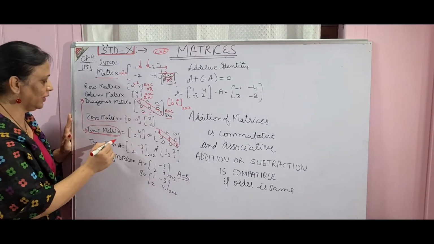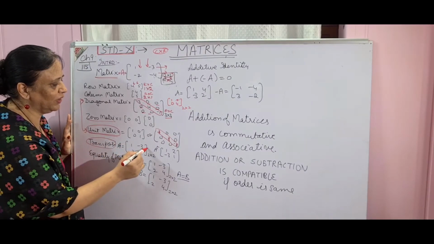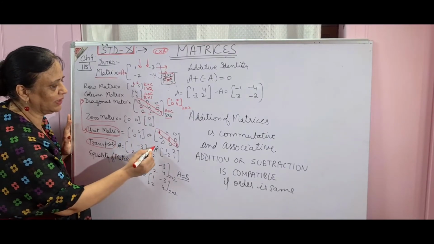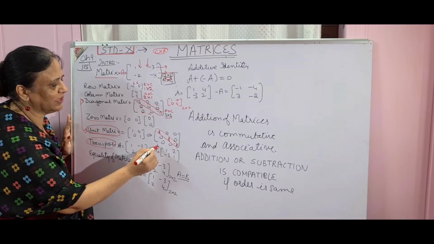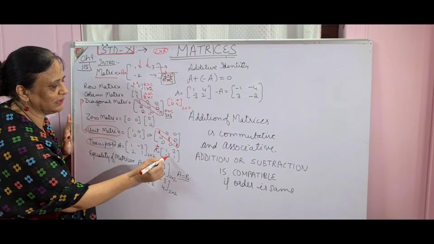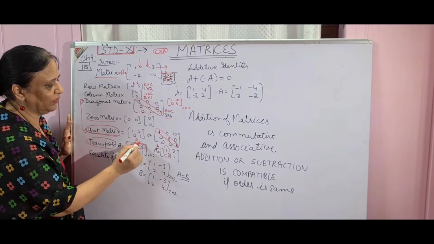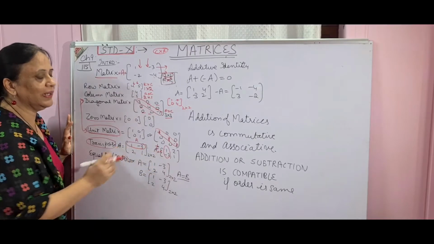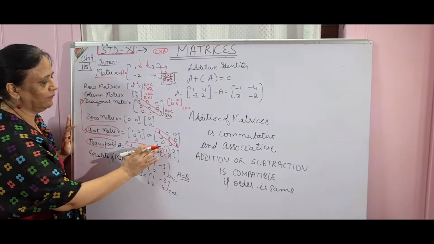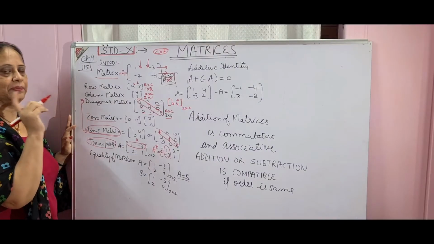See, transpose of the matrix means, if I have been given a matrix A, suppose row 1 is 1, minus 3 and row 2 is 2, 1. If I interchange the rows and columns, in the second I have written AT. AT means A transpose. 1, minus 3, which was a row in the first, will become a column, 1 and minus 3. So when I change the rows into columns, interchanging of rows and columns is said to be transpose. So I will write A, and when I write the transpose, I will write AT. Sometimes we write A dash also, but AT.